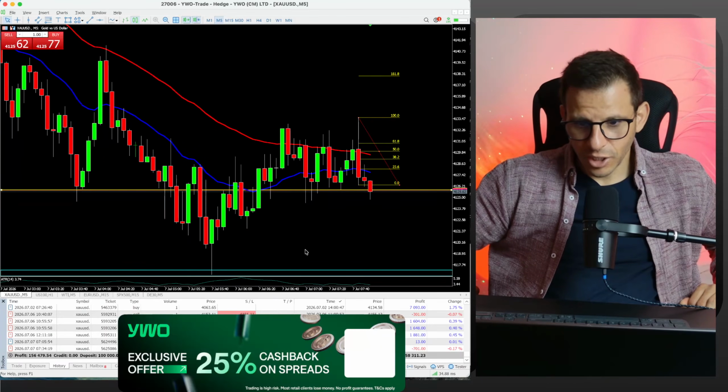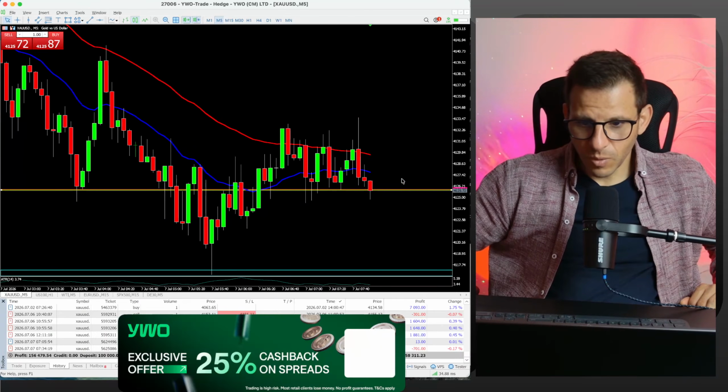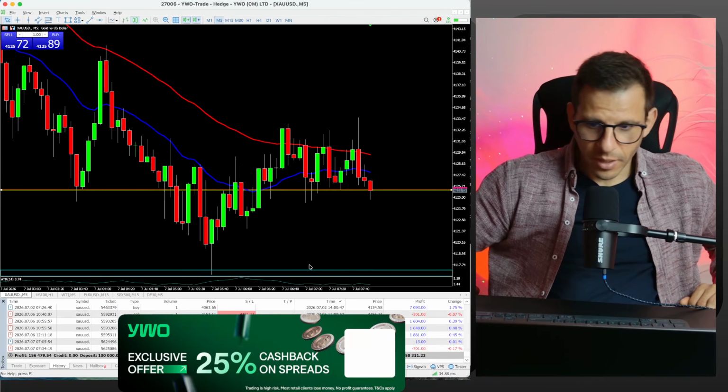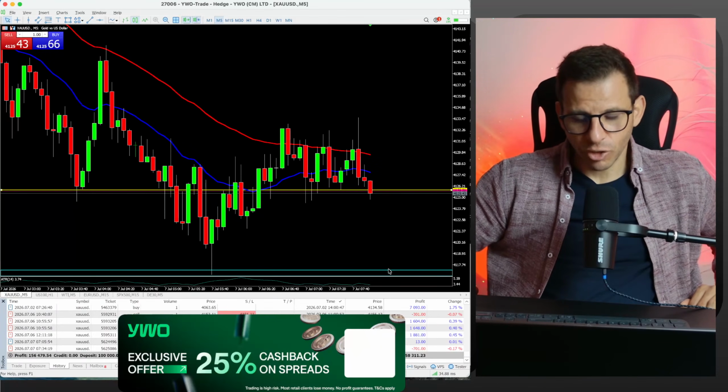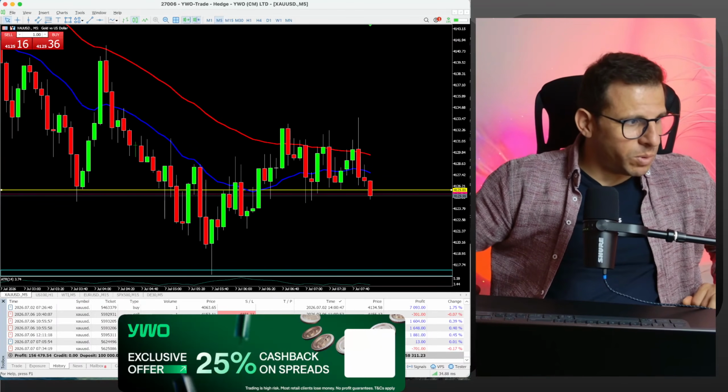So I just delete the trade, and I guess from this point I have to wait for a clear move to the downside and then re-enter short if we're going to have a market structure. But I need to evaluate the market, and I will post everything